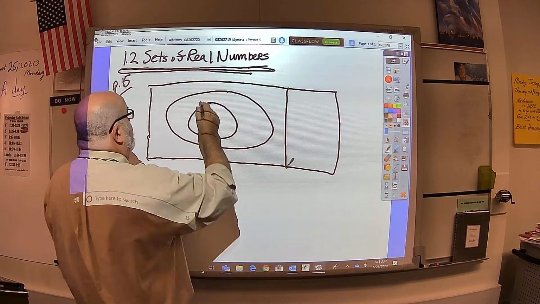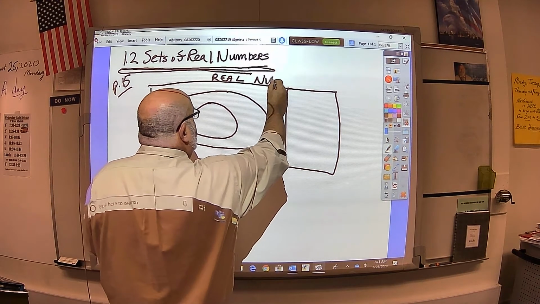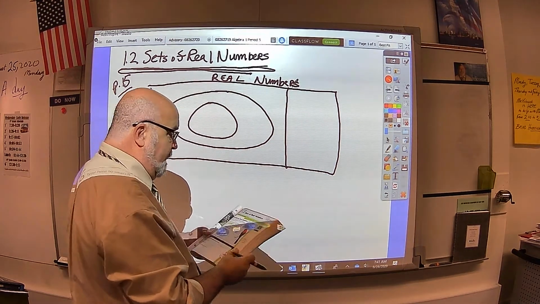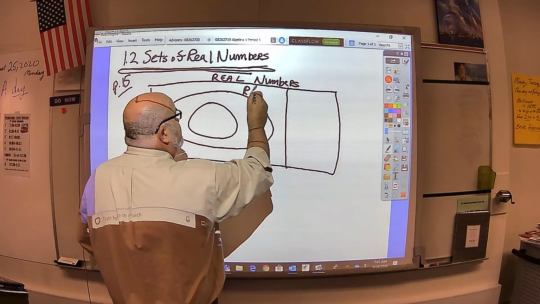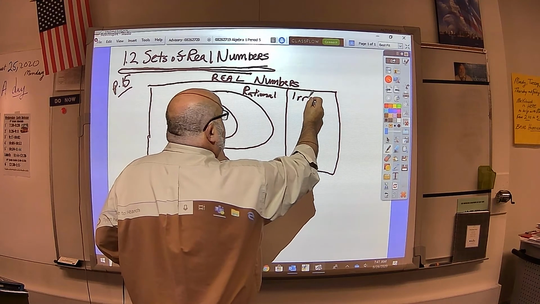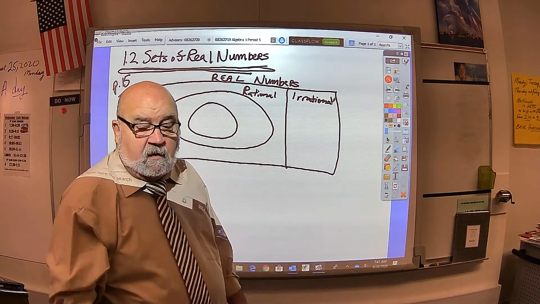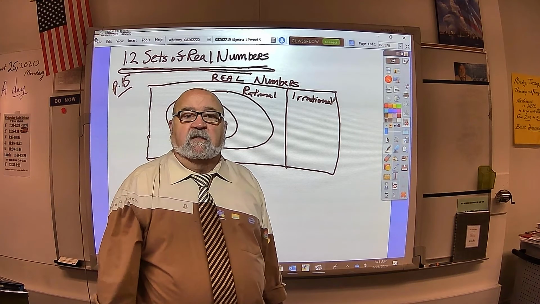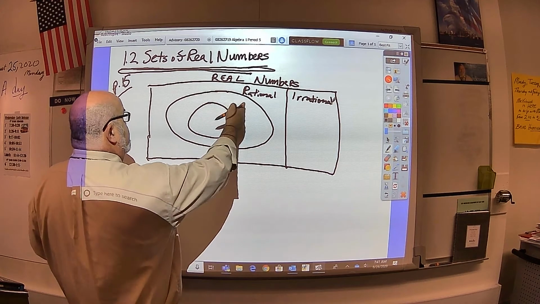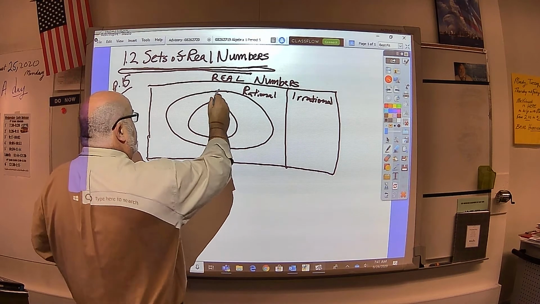And in that book, everything is under real numbers. And this is just a simple set model, and it gives us rational numbers and irrational numbers. Remember, you've got to be looking at the book to make this happen, because my handwriting between the equipment and all of that is going to make some things a little bit difficult, okay? So, we've got rational here, and everything that's in here is also rational. So integers,